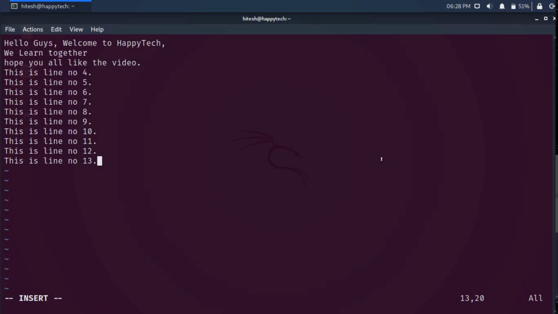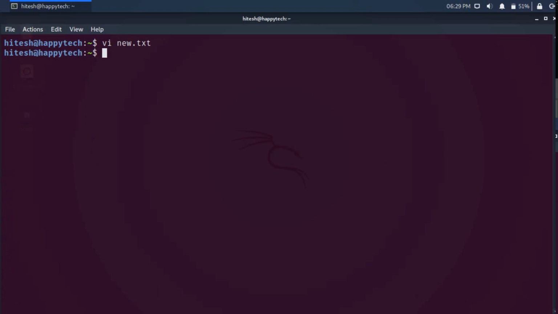Now how to save this file? To save this file, we use escape :w command. By writing this command, it is saying that 13 lines and 275 characters are written in this file, means they are saved. And to close or quit the file, we use escape :q command.